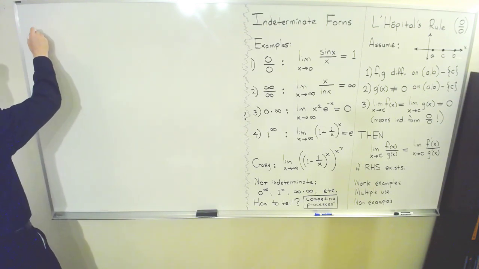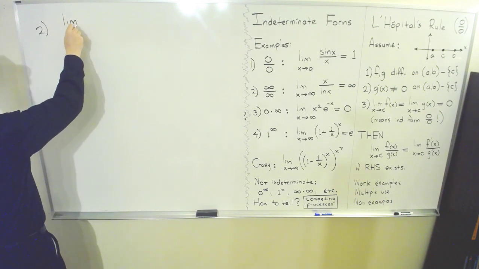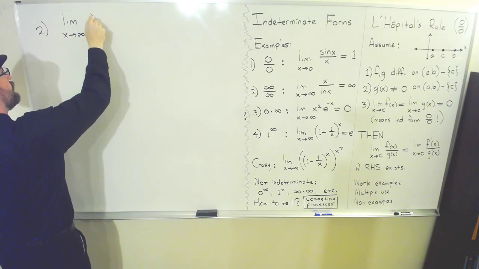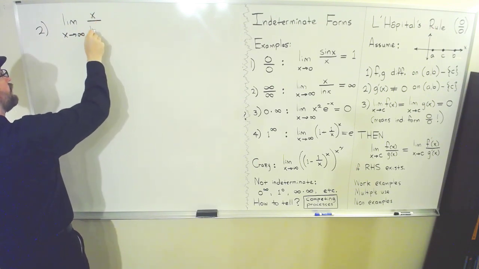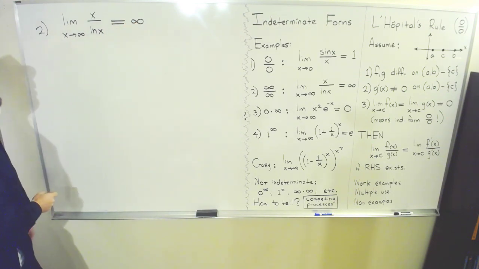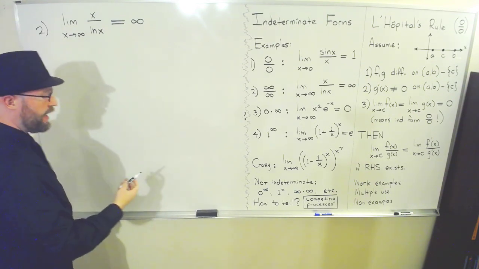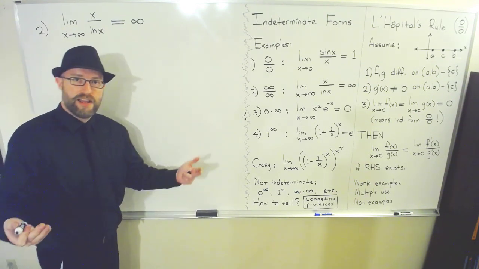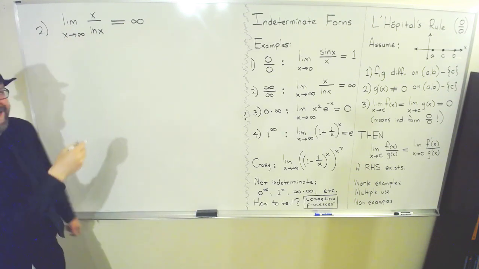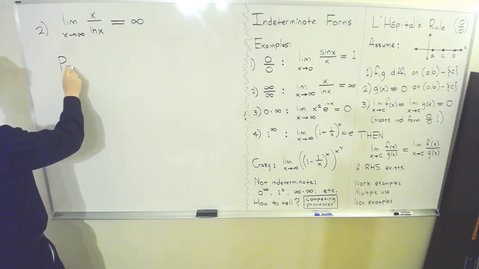So this example 2, this is a limit. Now this is different in some very obvious and notable ways: x over ln x. And I'm telling you that the right answer is infinity. There are many good reasons why this answer had better be infinity. And this is just for your general mathematical education, and I have a captive audience, so I'll spend 30 minutes. No, I'm not going to spend an extra 30 minutes, but I'll spend an extra 30 seconds